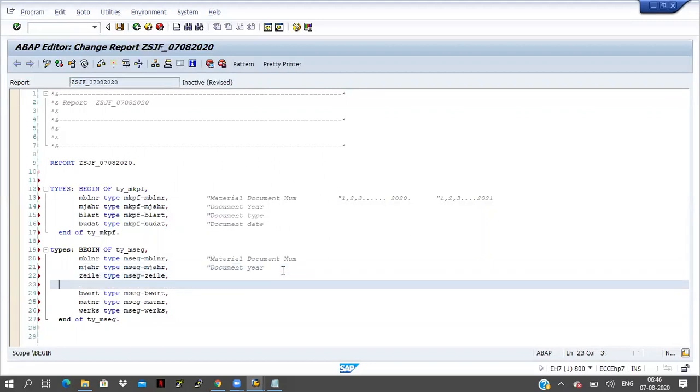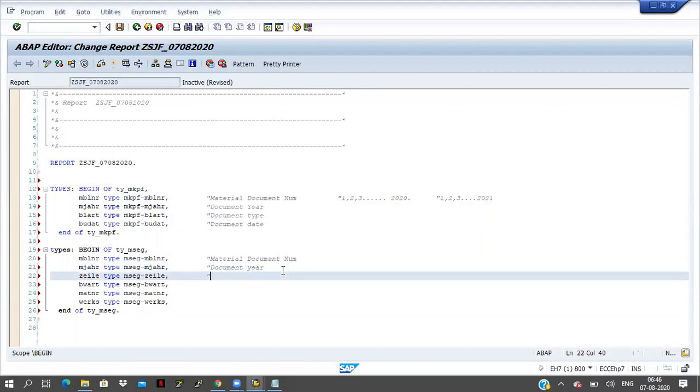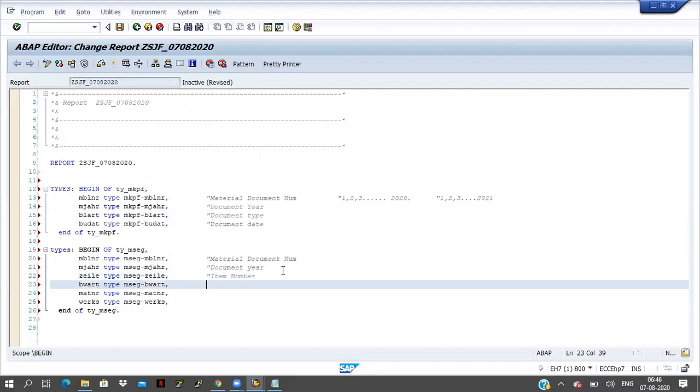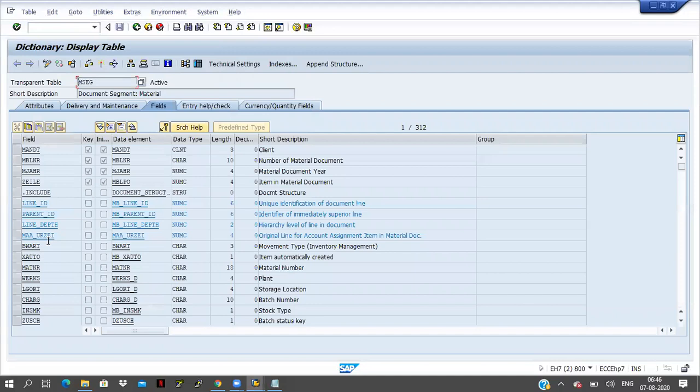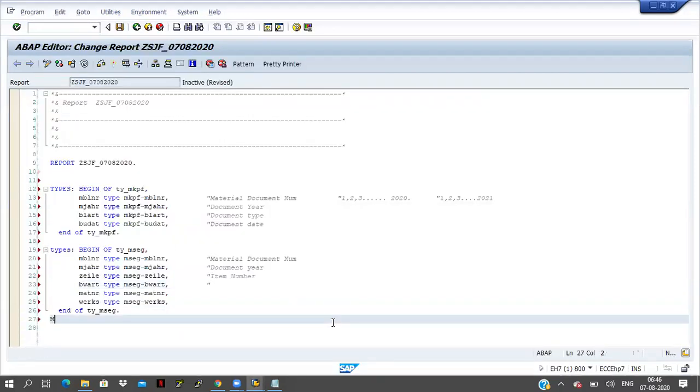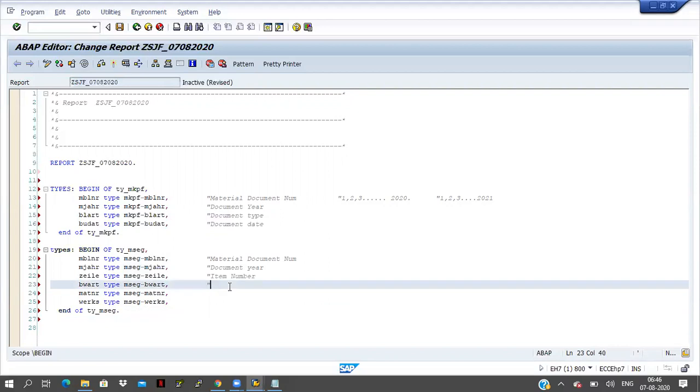This is the item number. This is the movement type, BWART. So what is the movement type?